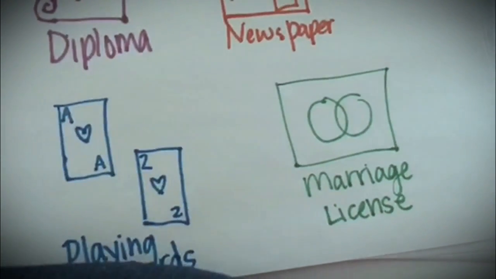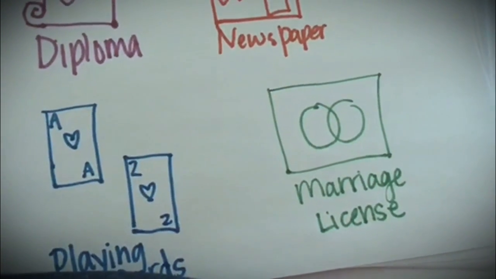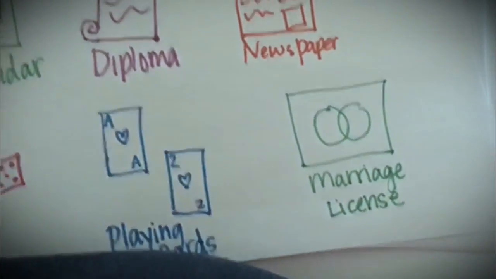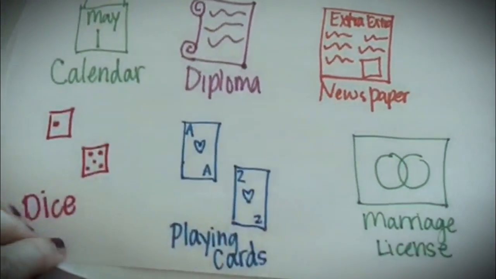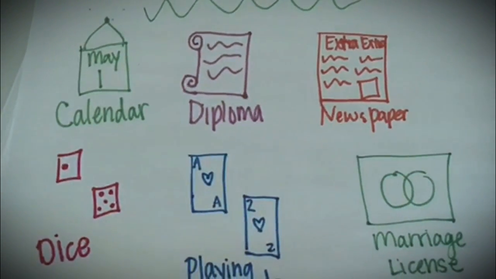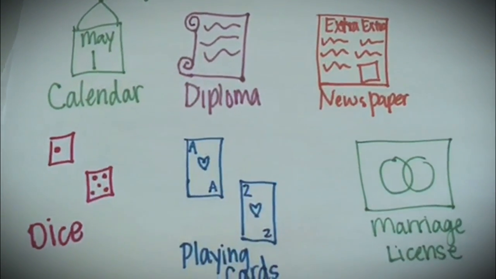This also included wills or any sort of documents, bill of sales as well. So there you have it. There are 54 documents that were affected, and here are 6 very important ones: calendars, diplomas, newspapers, dice, playing cards,